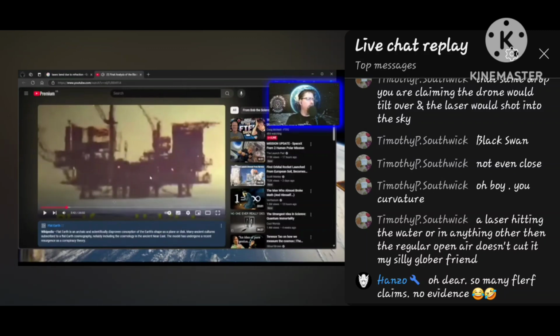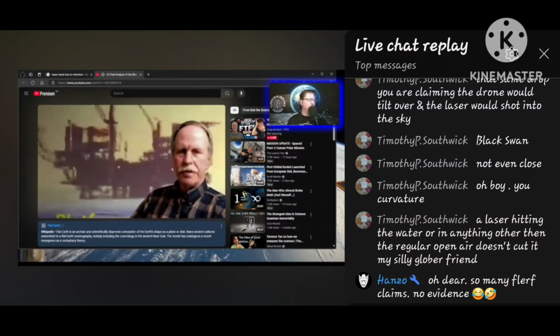All right, so the boat deck is 15 feet high, so why does it look like it's on the water? That's weird. As you can see on Timothy's comment here, he denies that lasers refract in different densities of mediums. So the medium density is denser and lower down, the laser will actually bend down towards it, but he's denying that. 0.5 feet of this oil rig is missing from this photograph. We settled on splitting the difference. Now, while the obvious reason for this is Earth curvature, he did try and make the case for compression.